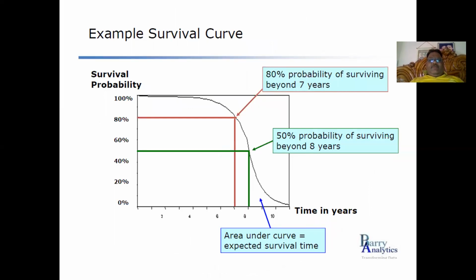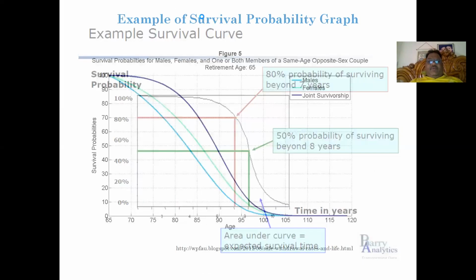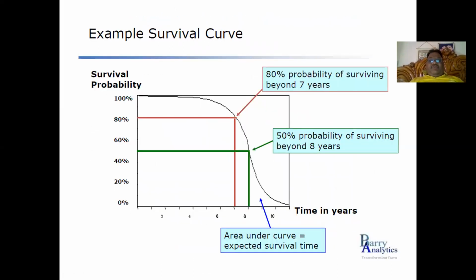Here, survival means, if you see the graph, after 7 years, people start leaving. In the first year, 100% of people survive. After the 3rd year, some people are churned. You may suppose it means a 50% probability of surviving beyond 8 years, meaning 50% will be lost after 8 years. So after 7 years, if you compare, it means an 80% probability of surviving and 20% you will lose. This type of analysis you can carry out through survival analysis.